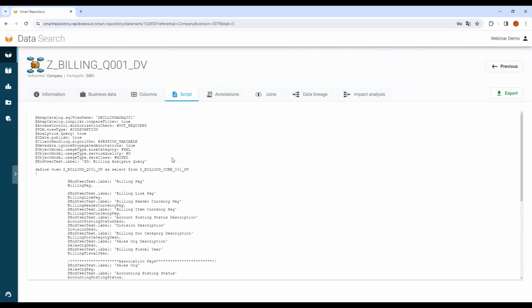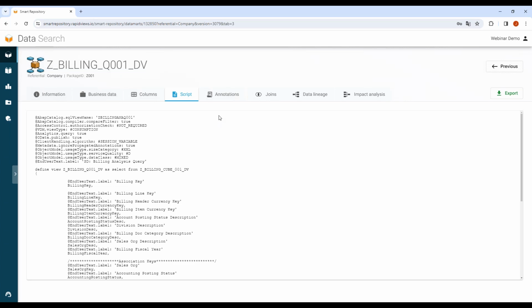Customer cannot modify the script, cannot modify the view. The repository is just a metadata tool, not a developer tool. It's a metadata repository. Yes. So if you want to modify a CDS view, you will do it within your own SAP development tools like HANA Studio. After you re-import everything, all the views that you have built, you import the latest report, and at the end, everything is centralized in one single place within our RapidViews platform.